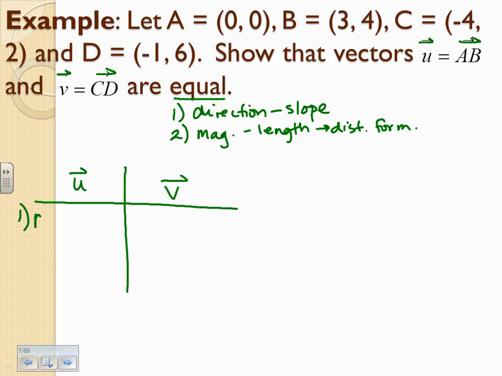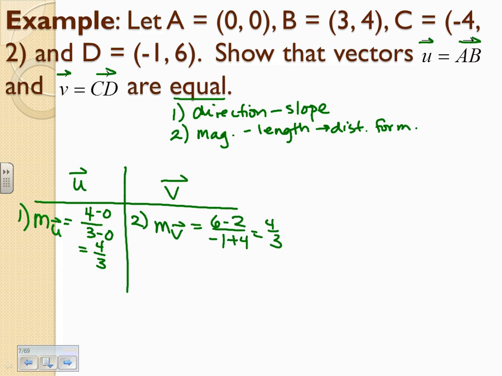So let's see. The slope for vector u, change in y over change in x would be what? 4 over 3. Slope for vector v, 6 minus 2 over negative 1 minus 4 over 3. They have the same direction. Now I need